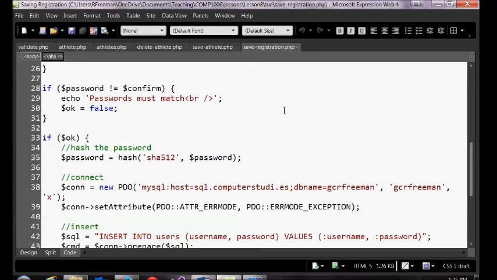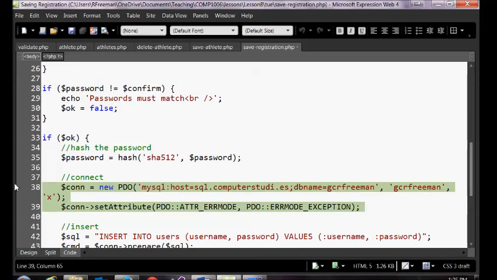So we want that database connection string to live in one place, in one file in our application, and all the other files can just use it when they need it. It's going to be a lot more efficient. So we can do this with PHP pretty simply. We're going to basically take those 2 lines out, move them into their own separate file, and then we're going to connect to it. Pretty much the same way an